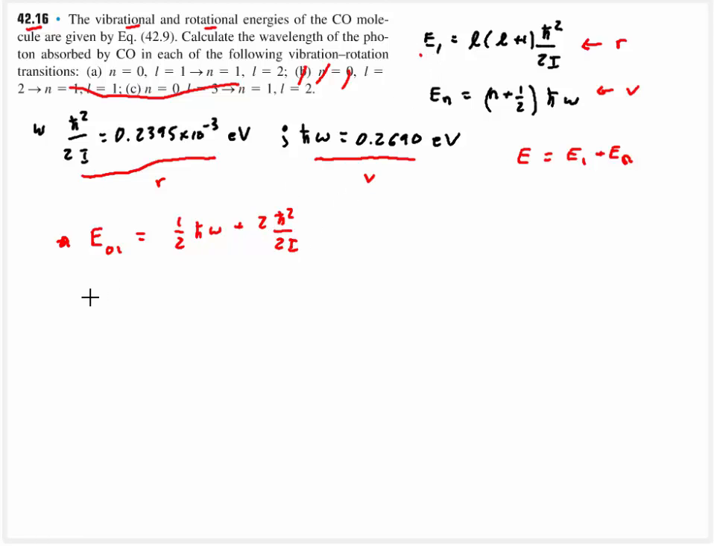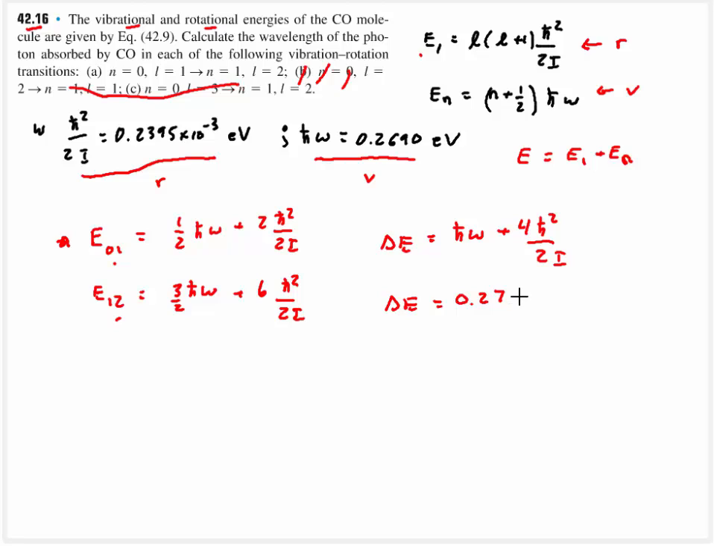And then my energy when n is equal to 1 and L is equal to 2 is going to be now 3/2 h bar multiplied by omega plus 6 multiplied by h bar squared divided by 2 times I. And now my delta energy is going to be the final minus the initial, and you can convince yourself that's just going to boil down to h bar multiplied by omega plus 4 h bar squared divided by 2 times I. And now I know what these guys are from my examples, and so the change in energy is going to be equal to